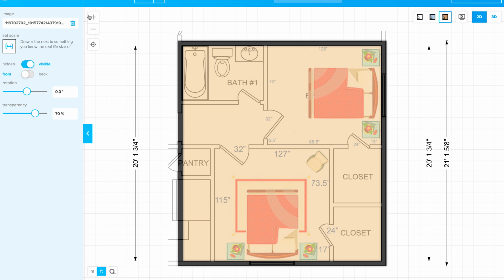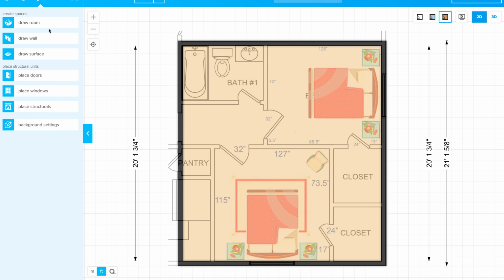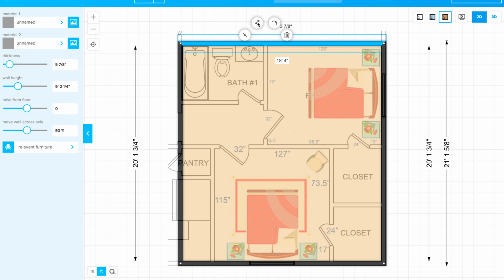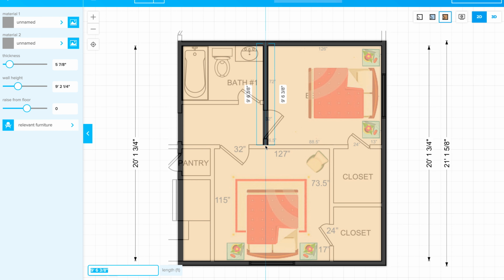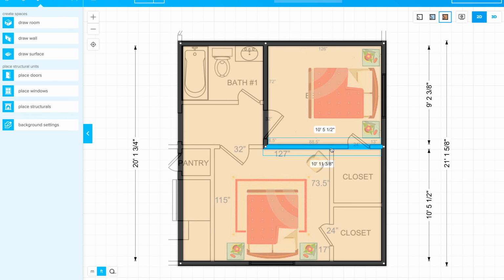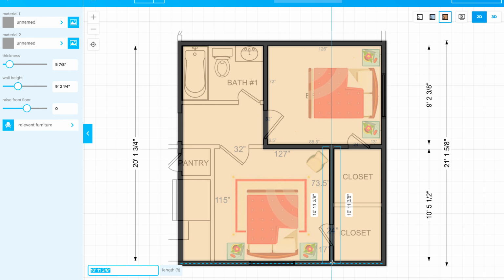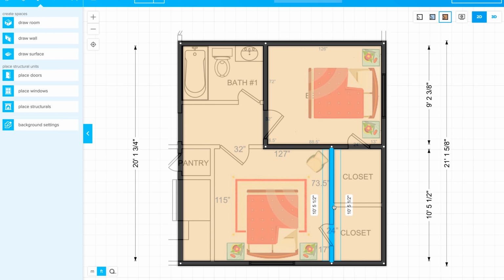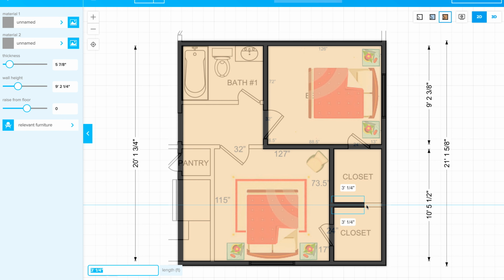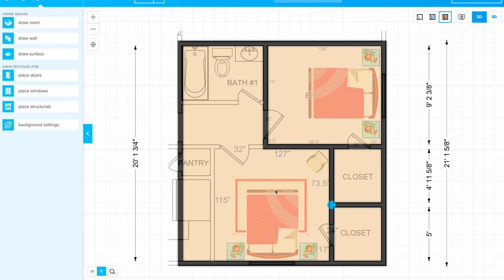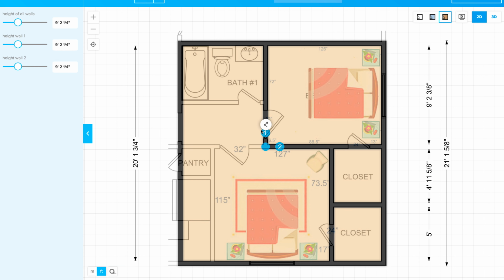So I already created the big box, and now I'm just going to split off from here. You click on a point where you want to split off a wall and go to here. And this is about the center of that. And there you go. So that's for one. This one, I want to go from this line to here, and I want to go from here to there, and from here